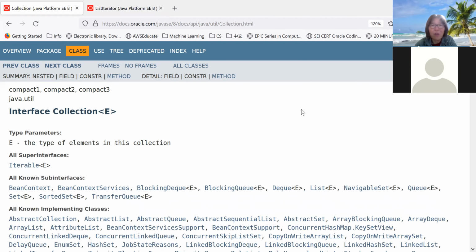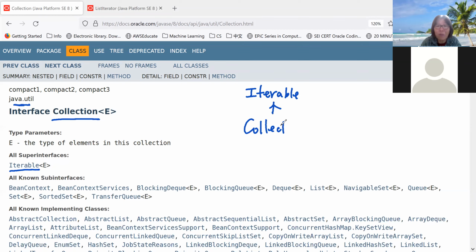The collection interface. So the first interface is called collection. It's also a Java official interface, and its super interface is iterable. So if we draw the hierarchy, then it's iterable and then collection. And if you recall, previously we also learned